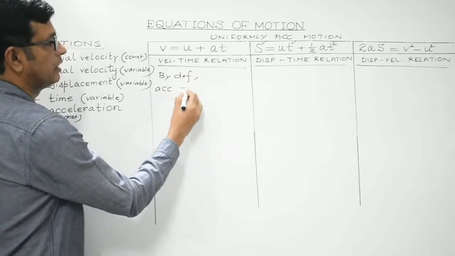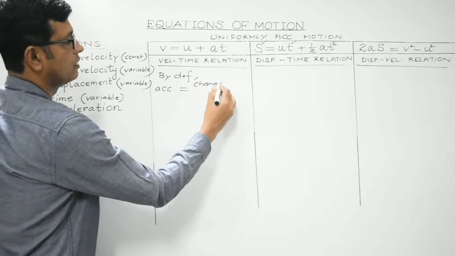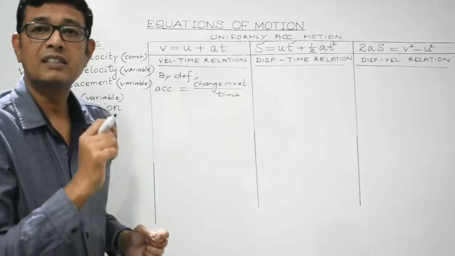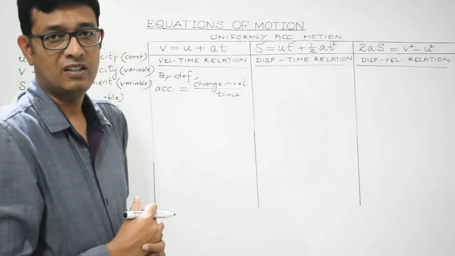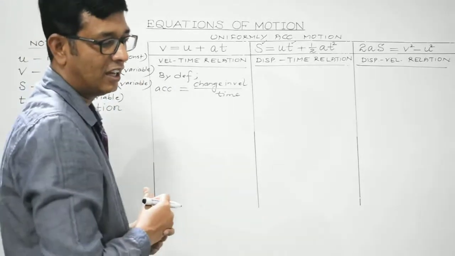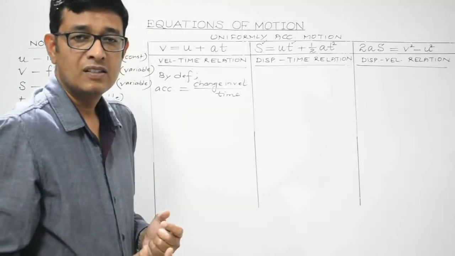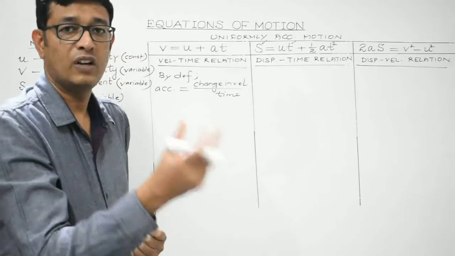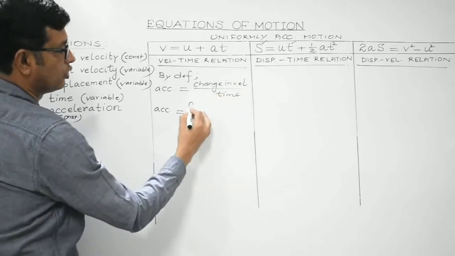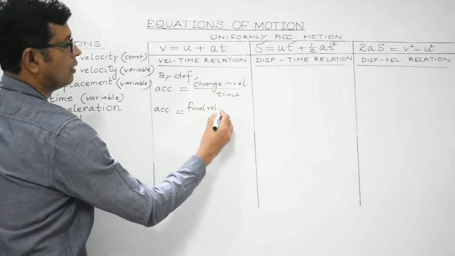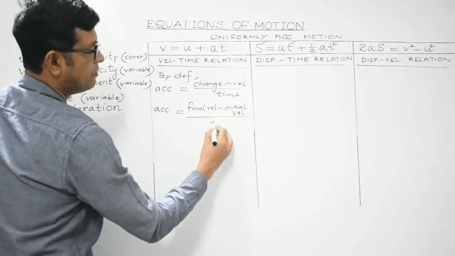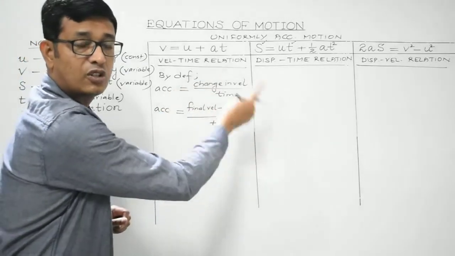acceleration is given by change in velocity divided by time. Students, we are aware acceleration is the time rate of change in the velocity of the body. That is the change in the velocity per unit of time, that is known as acceleration. And change in any physical quantity means the difference between the final value and the initial value. Final value minus initial value. So over here, change in velocity would be final velocity minus initial velocity divided by the time taken by the body to change its velocity from initial to final value,